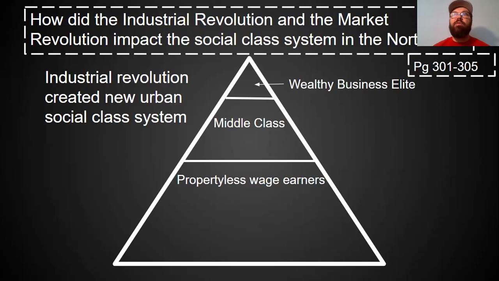And then below them, you have another class of people that own some land and own some slaves and are doing pretty well for themselves, but don't dominate culture and everything in the way that the planter class does. Then below them, you have a very large group of white men who don't own any land, who are mostly poor, and work for one of those upper classes. Then below that, of course, in the South, you have a whole class of slaves. And it's a very rigid system. The gaps between each class are significant, right? And that's just the way it's been.